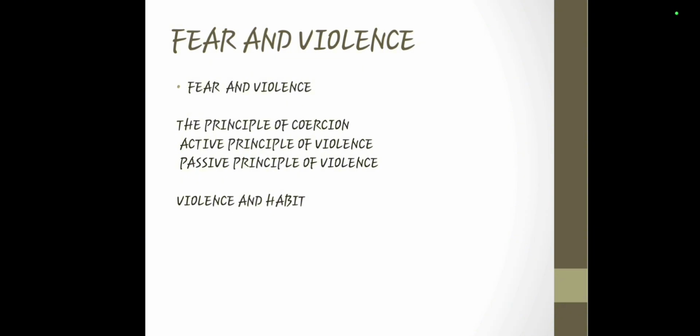While the active principle of violence is in contrast to the passive principle of violence. Why? Active violence involves an individual actively engaged in killing or attempting to kill people in a confined and populated area. When we say active, you intend to do the action, while in passive you are not intending to do the action. You are not planning to do the action. That's why it's called passive. So that is the difference between passive and active violence.